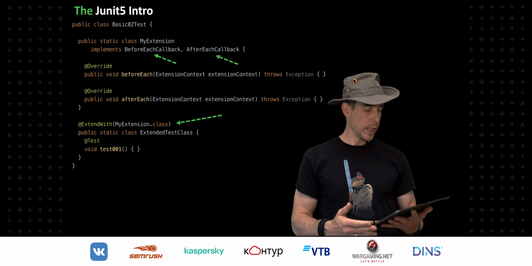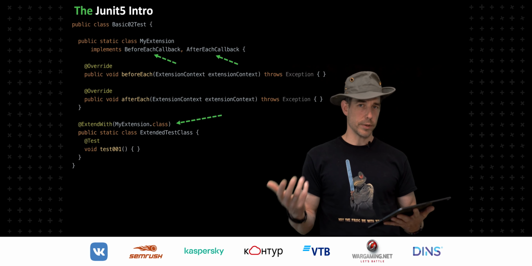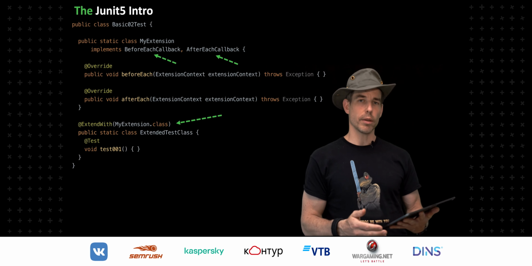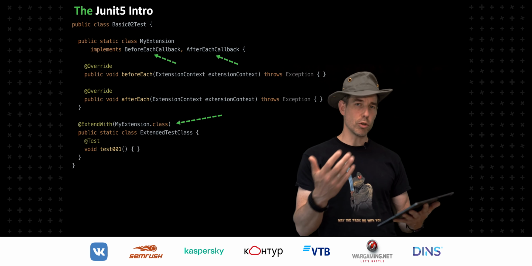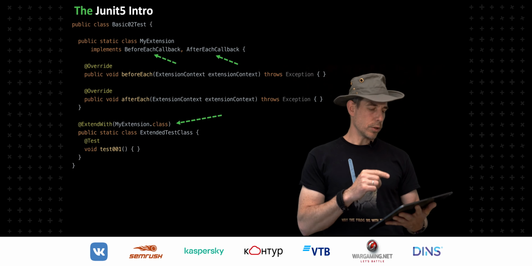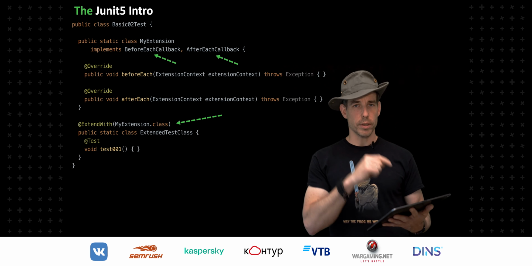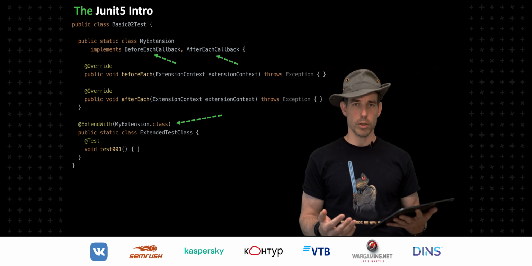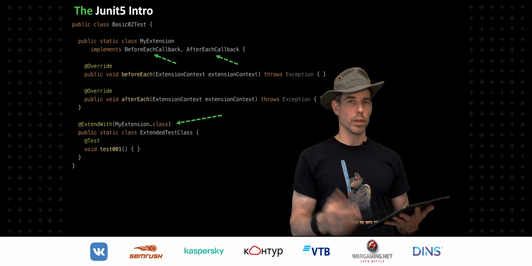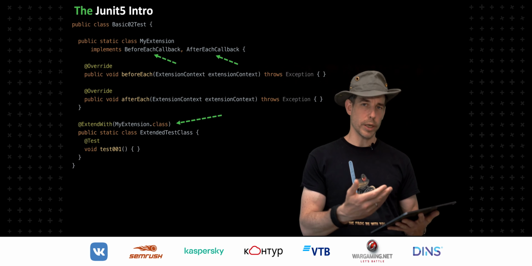And to customize this, you just have to create a class. Then think about the lifecycle steps you want to extend or customize, where you want to hook in. And then you're implementing these functional interfaces, before each callback, for example, and after each callback. And then you see inside this method declaration that you will get an extension context. Inside this extension context, you will find all the information you need about the invocation, and this is a place where you're pushing a state